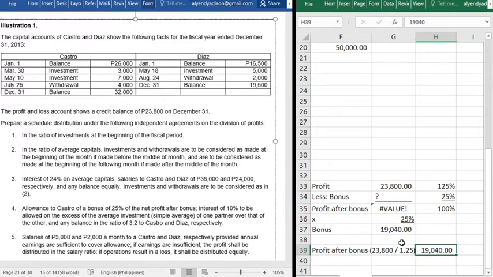The one that is below, the one that I type here, is just the breakdown on why we call it profit after bonus. It is because we deducted bonus after profit, and that will serve as the basis for the bonus. So our profit after bonus is 19,040. So if you're gonna deduct 23,800 minus 19,040, that is 4,760. Now 4,760 times 25%, that is,